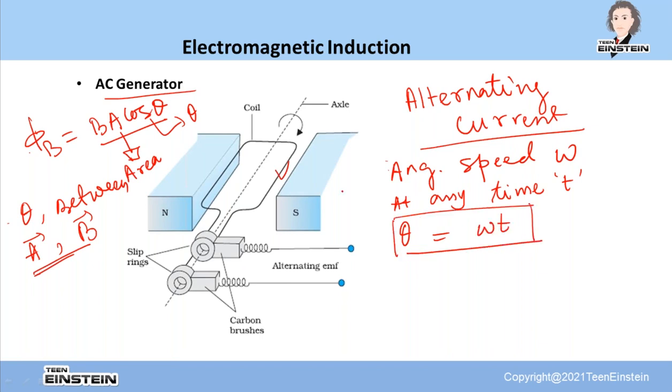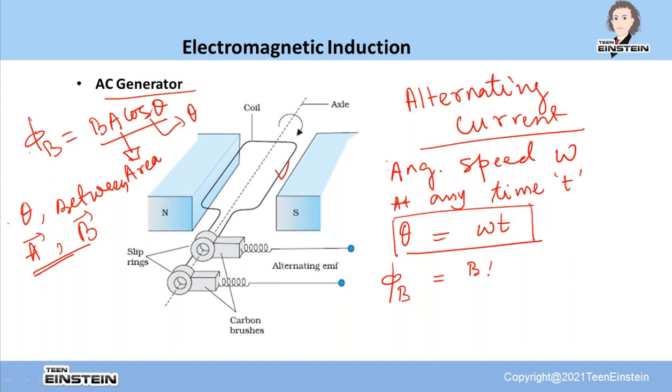Okay, this is a relationship between the angle between A and B, the angular velocity, and time. In other words, d theta by dt is equal to angular velocity. So this relationship we may understand. Then if I write the flux linked at any time,